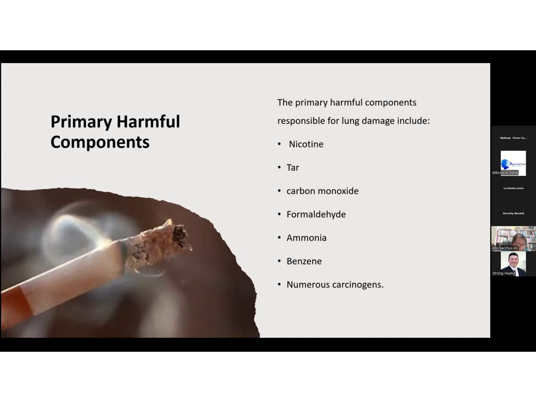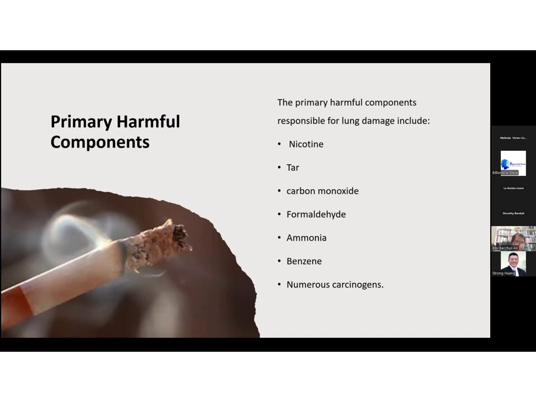Carbon monoxide, this is a colorless and odorless gas that binds strongly to hemoglobin, and when it does, it displaces oxygen, thus decreasing the oxygen carrying capacity of the red blood cells, which leads to tissue hypoxia. Formaldehyde and other aldehydes are reactive chemicals, which cause direct injury to the lung tissue. They are potent irritants that cause inflammation, edema, and damage to the airway and alveolar cells. Formaldehyde is also classified as a human carcinogen, contributing to lung cancer risk.